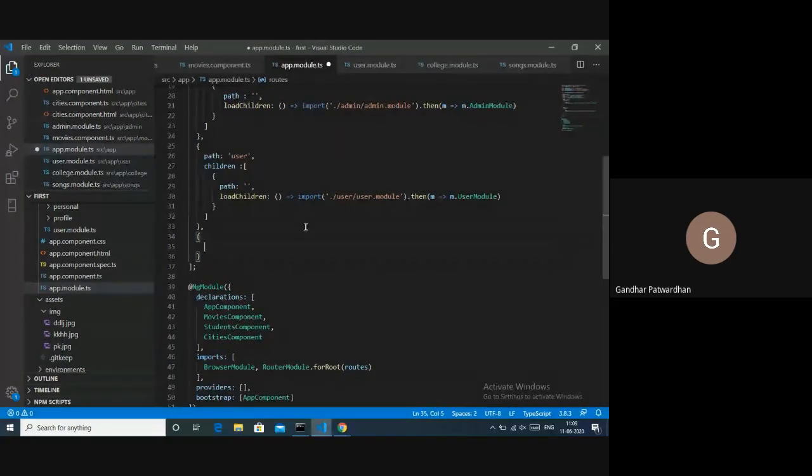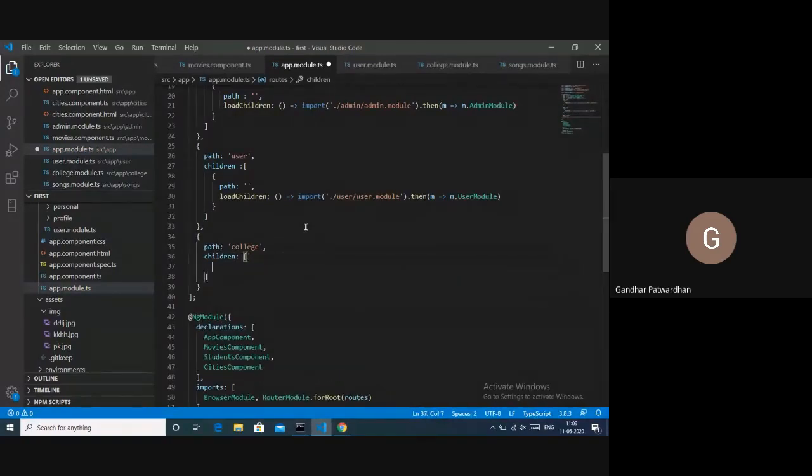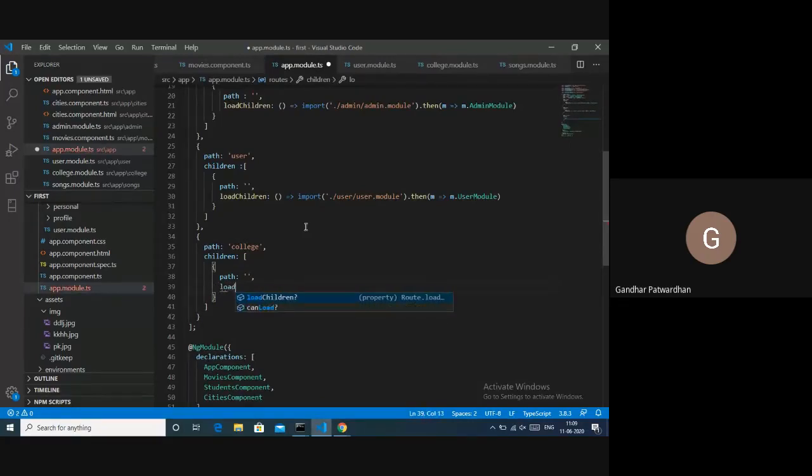The first key would be path, for college. Then I'll use another key, children. Inside children, I will use path, the default ones. Then I'll use the key loadChildren.